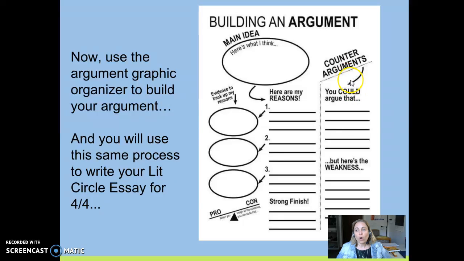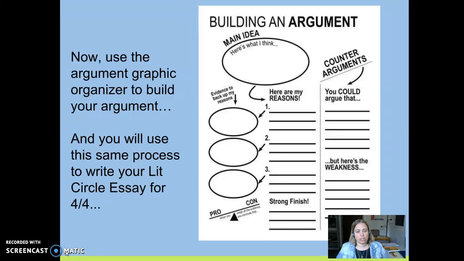So I might say, while I am aware that the price of tuna has gone up, I still think that having the tuna wrap is a viable option for students and faculty and staff on campus, and you could simply raise the price of the tuna wrap if it's too expensive at $5 a wrap. So if you'd like to try out bringing in the counter argument, you could draft your ideas there.